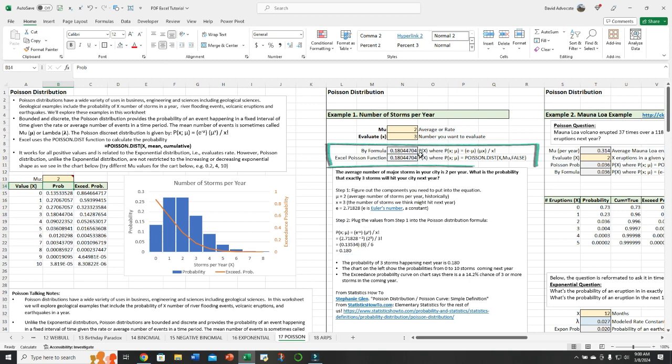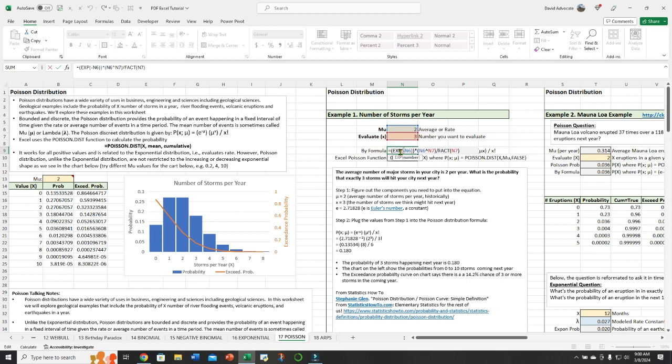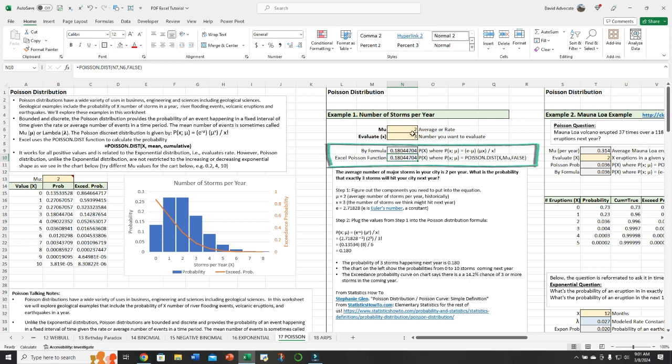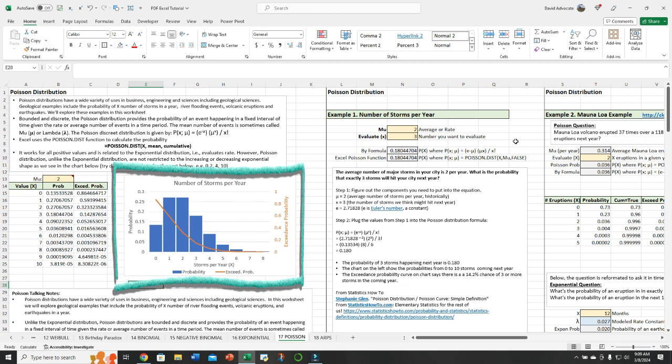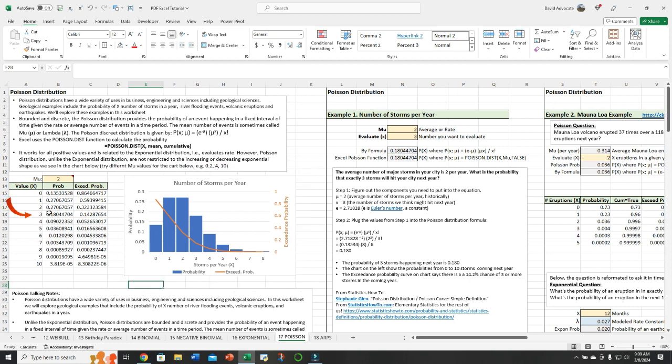And I've done this up here, and you can look at the formula as it is in the worksheet, or we can use Excel's built-in function. As it turns out, the probability of 3 storms per year is 0.18. The chart on the left expands on this and shows the probability of 0 to 8 storms in a year. We can see that the probability of 3 storms in a year is 0.18, as we've shown in the calculations